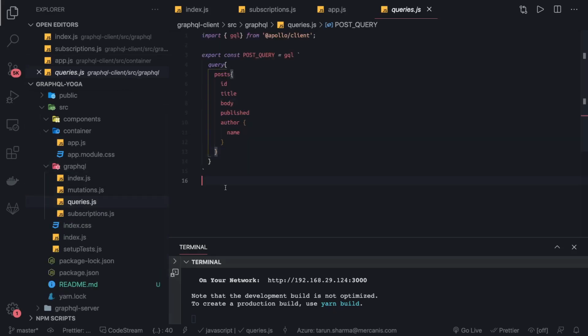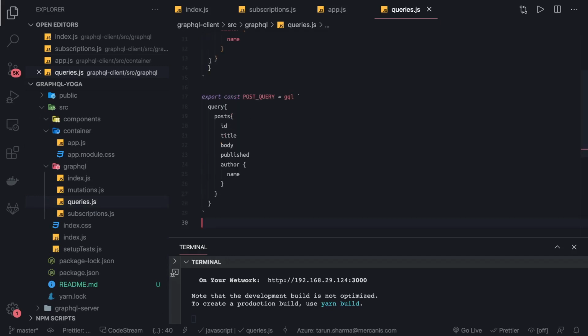I will not use it, just for example, like how to pass the variable for the query. Post query string, let's say, not a good name. Here, in this we can simply put a query name. Let's say this is a search query. You can create an alias, and this is taking an argument.